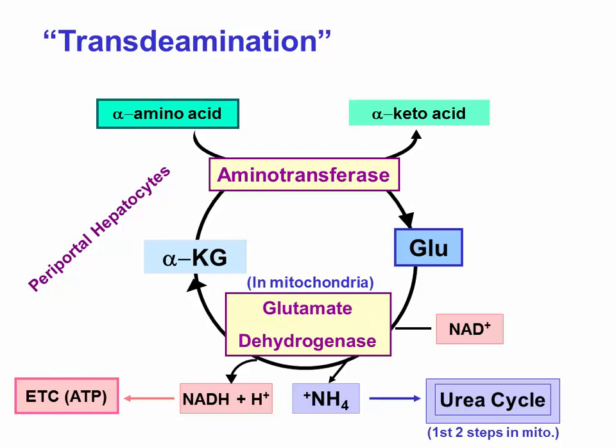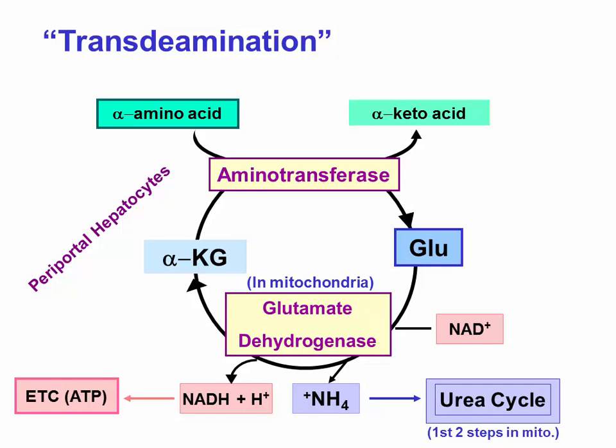So we've got a carrier that brings glutamate into the mitochondria. So glutamate dehydrogenase and the first 2 steps of the urea synthetic pathway happen in the mitochondria of periportal